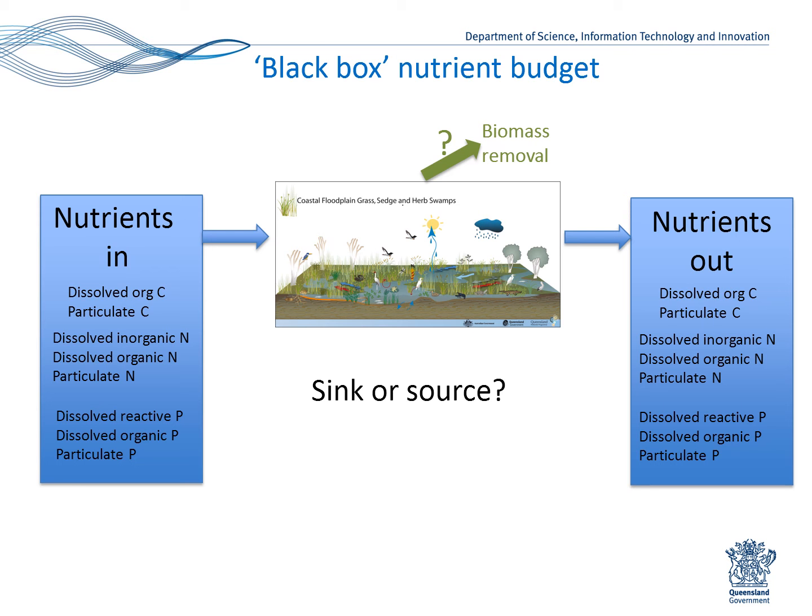Characteristically in water quality monitoring, we measure things like dissolved inorganic nitrogen, dissolved organic nitrogen, particulate nitrogen, dissolved reactive phosphorus, and particulate phosphorus. So we can measure those parameters as they go into the wetlands, and we can measure those parameters as they come out the other end,